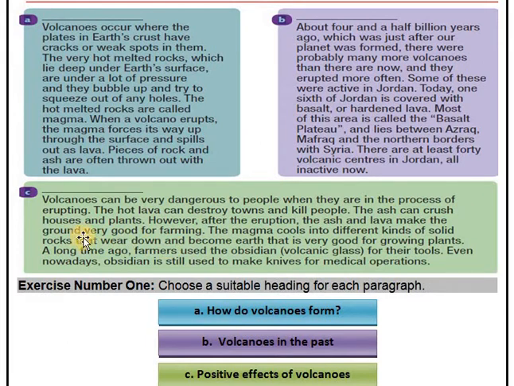معناته أنا الآن بلش يعطيني positive effects، جوانب أو تأثيرات إيجابية اللي الفولكانوز تعملها. أوكي هي dangerous وخطيرة، لكن بالجهة المقابلة في عنا positive effects تأثيرات إيجابية، منها إنه الأش واللافا make the ground very good for farming. متى؟ after the eruption. Okay. The magma cools into different kinds of solid rocks that break down and become earth that is very good for growing plants. الماجما